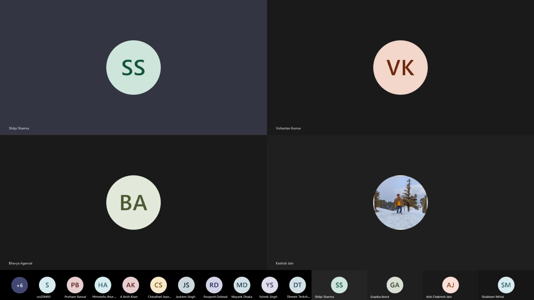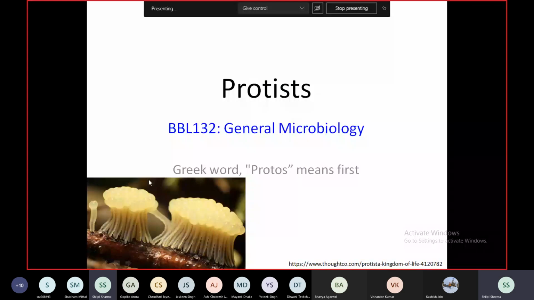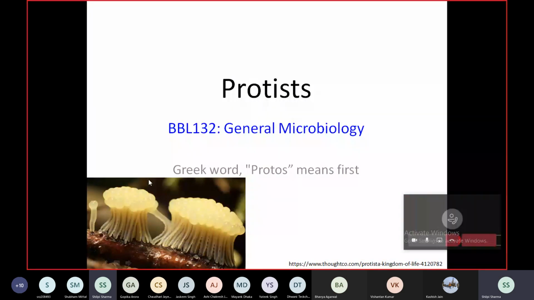So let me just start sharing first. Today we will talk about the next group, and this happens to be the end of the second module. तो इसलिए आज तक की क्लास तक जो भी होगा वो quiz में आएगा. Like I mentioned earlier, the only other group that is left is viruses, which I am going to take up when I cover bacterial genetics because of the importance of viruses in bacterial genetics.